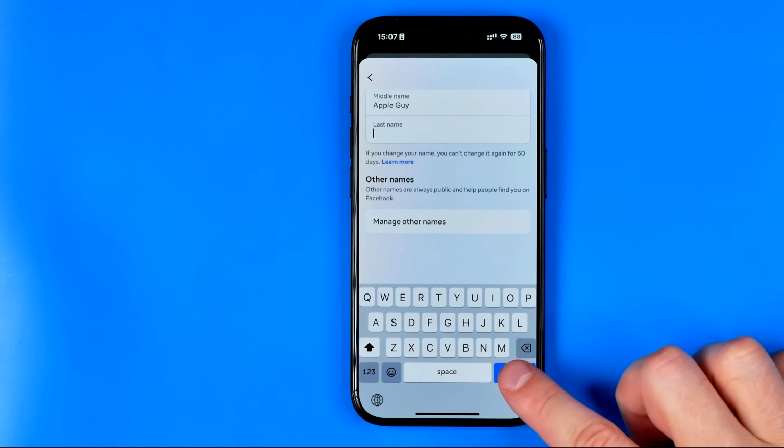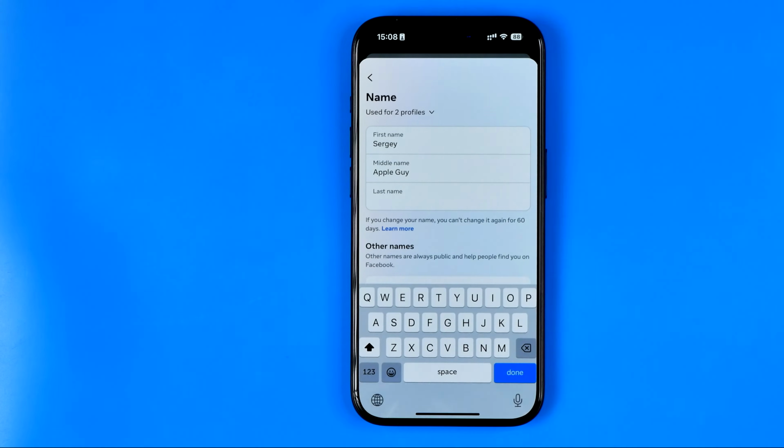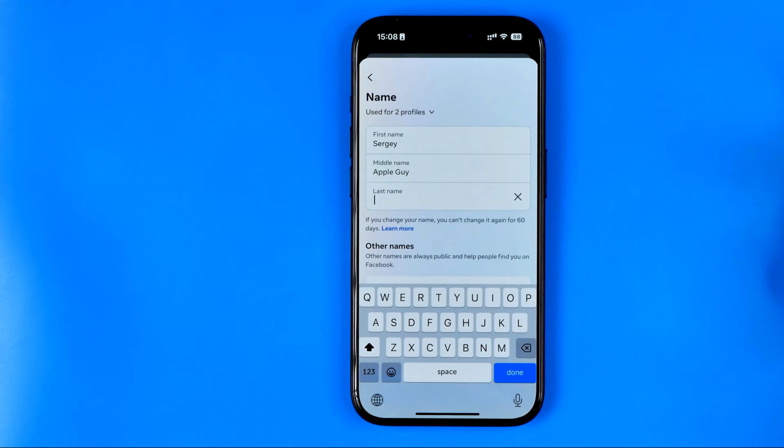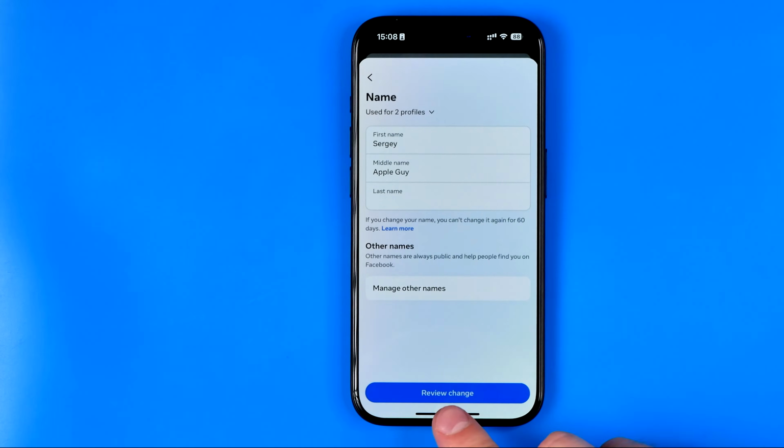However, if we now hit Done, it won't allow us to even hit the Review Change button because we cannot keep this field empty. But I got a workaround for you, and here we need to enter at least one symbol. It could be just a space symbol, which is actually invisible, and then if we hit Done, we'll be able